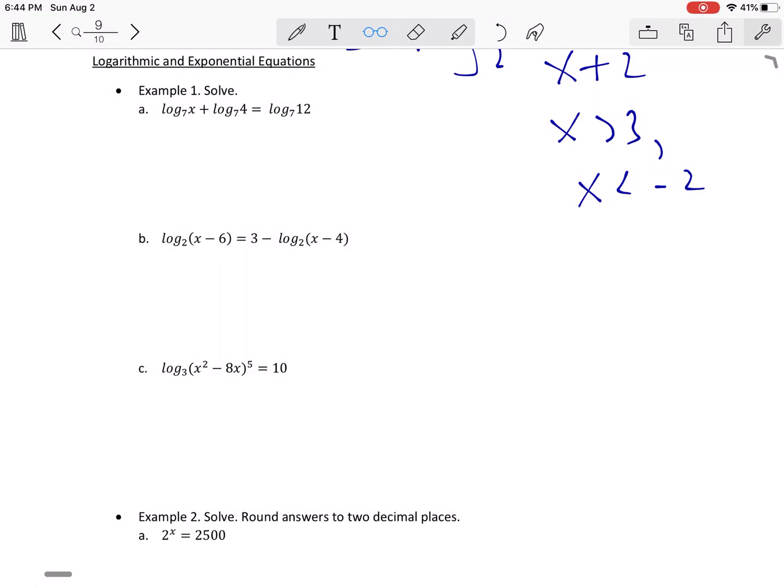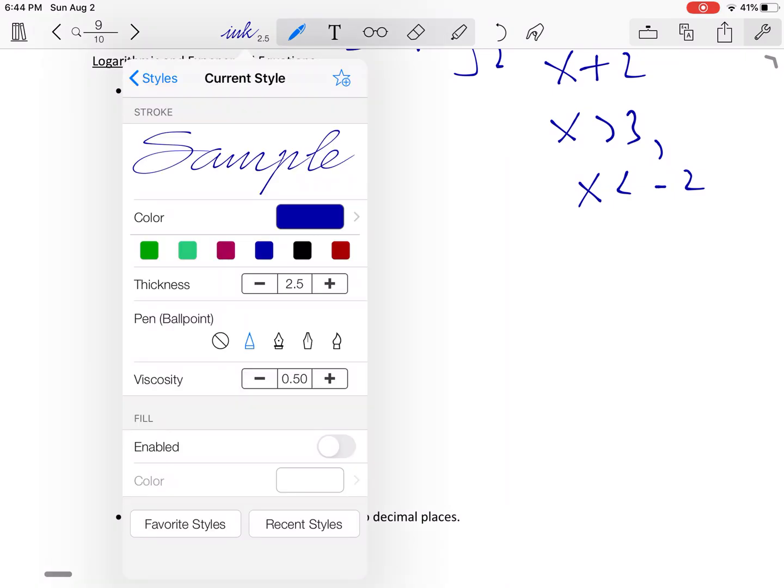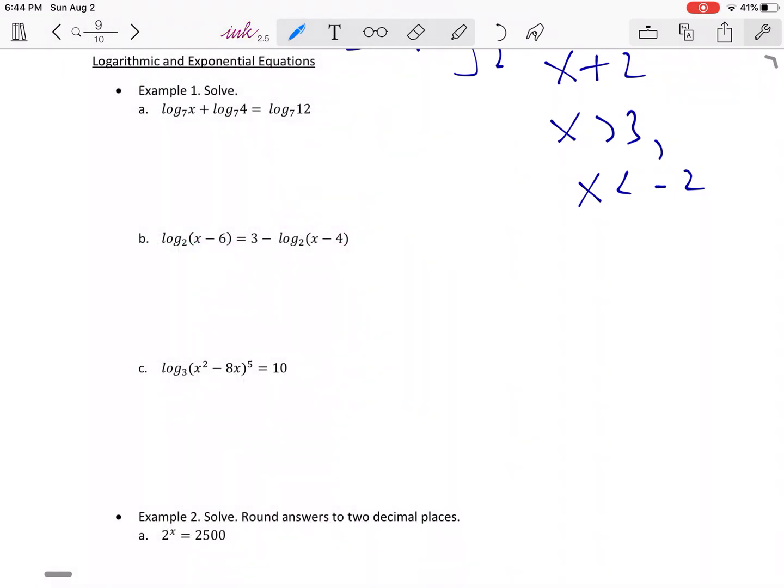Okay, so let's look at some calculations now. So just kind of combining everything that we've looked at. These are equations that have logs in them. So one thing you notice here is the bases are all the same. And so what we can do for the first one here,